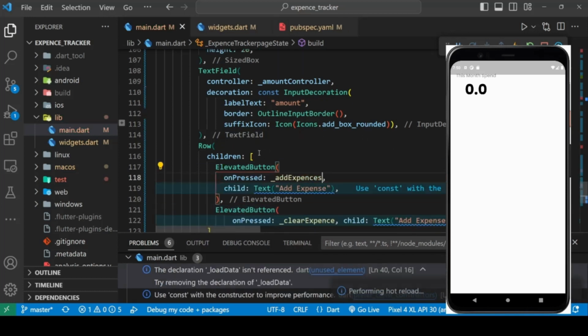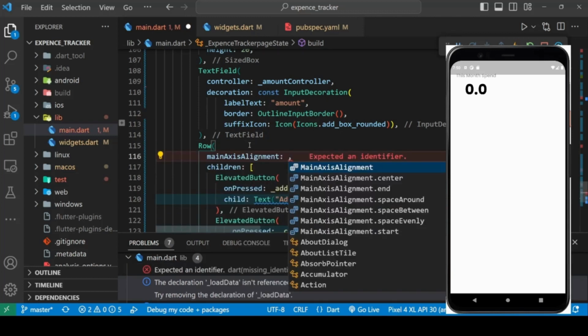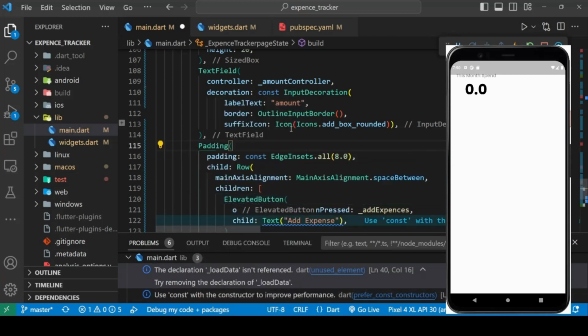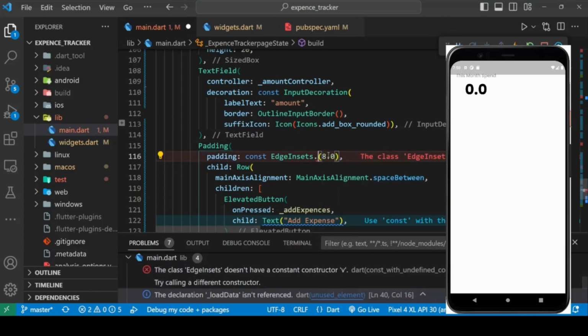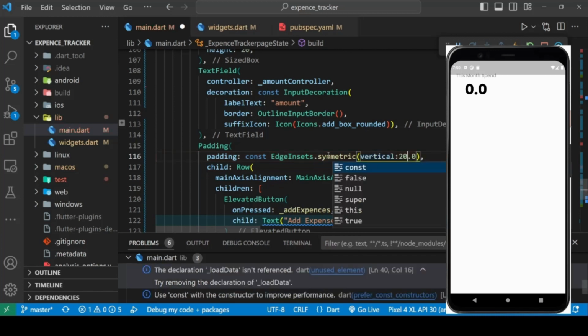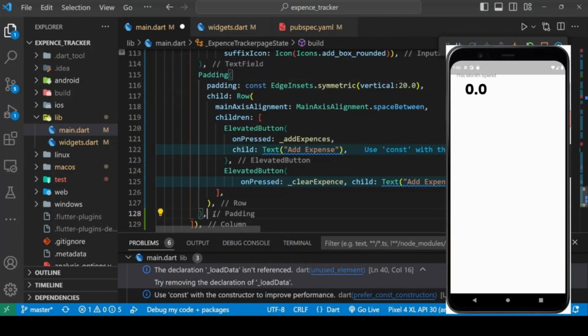And we can also give it a main axis alignment as the space between, and we can also give it a padding. So padding we want vertically of 20. So we have also called our buttons, and